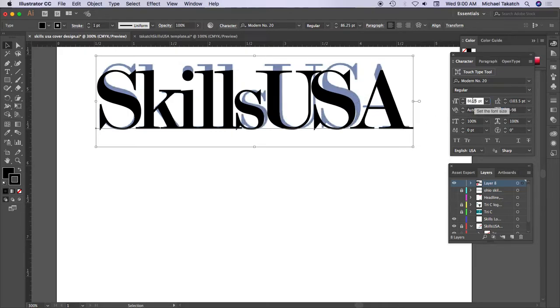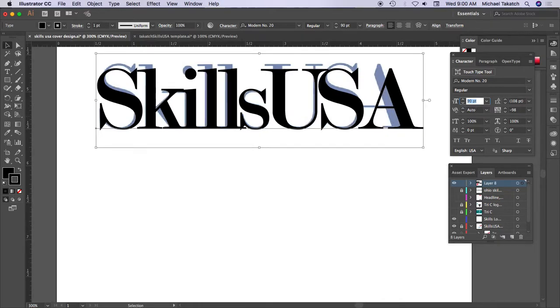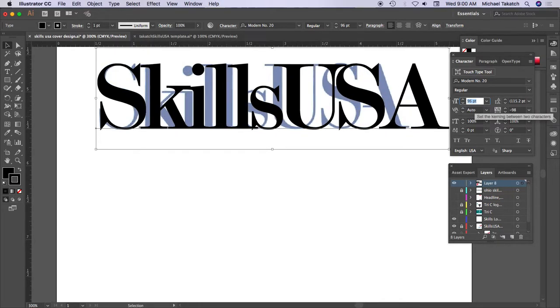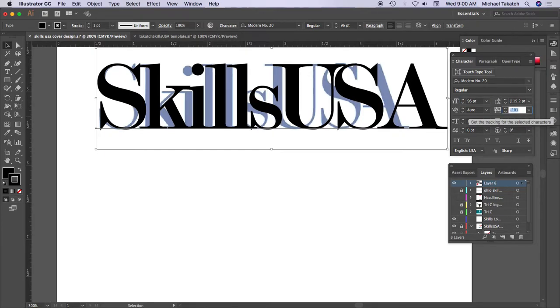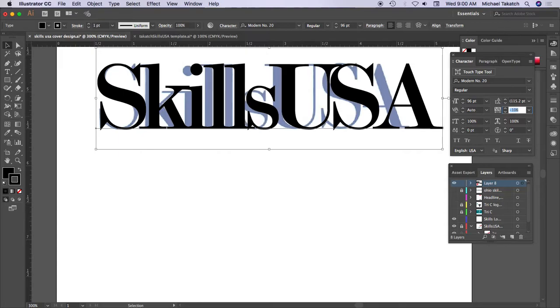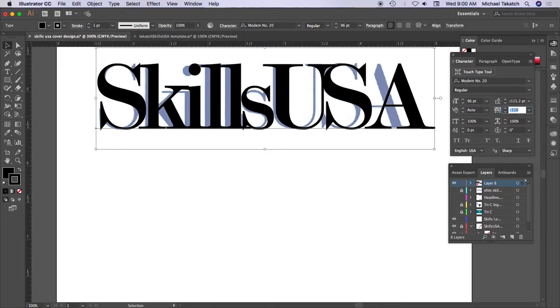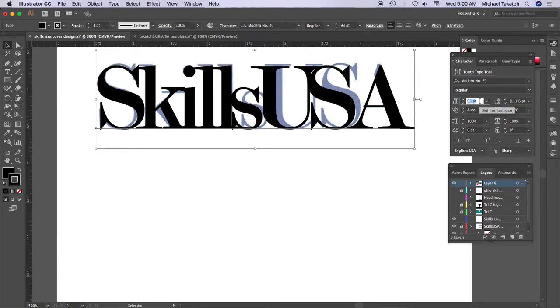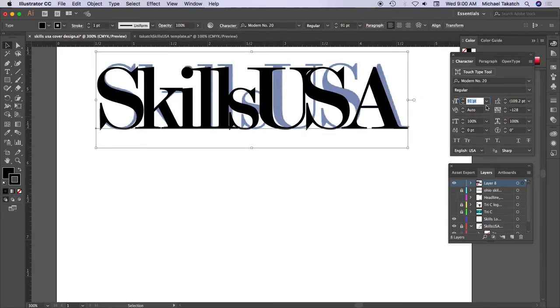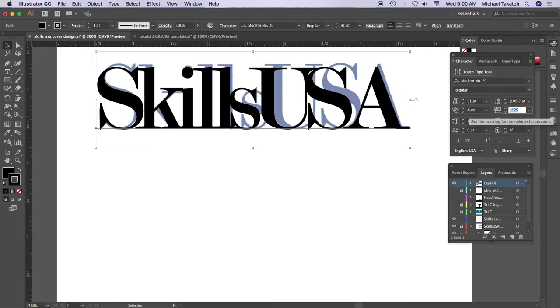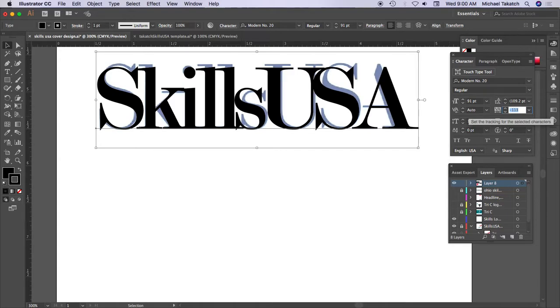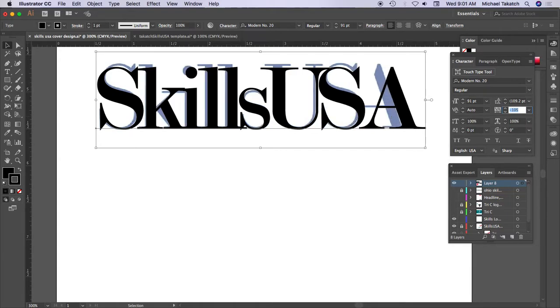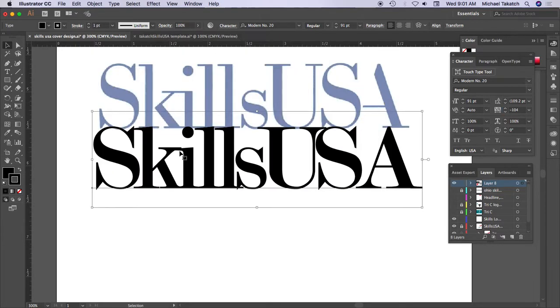Okay, I'm still going to make this a little bit larger, so I just increase the font size until I get to the height. And that's where you can kind of see that I can tighten this part up a little bit. So it's just kind of adjusting it back and forth to get a couple of the pieces there. So once you get most of it set up, I'm just taking a look at the two S's, just spreading those apart. And you can see that when I do that, some of the font is connected here, and